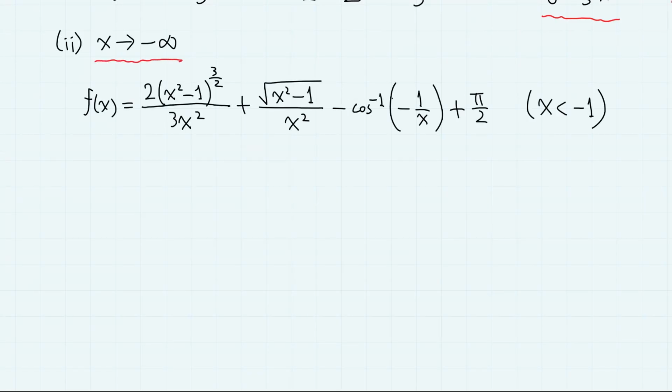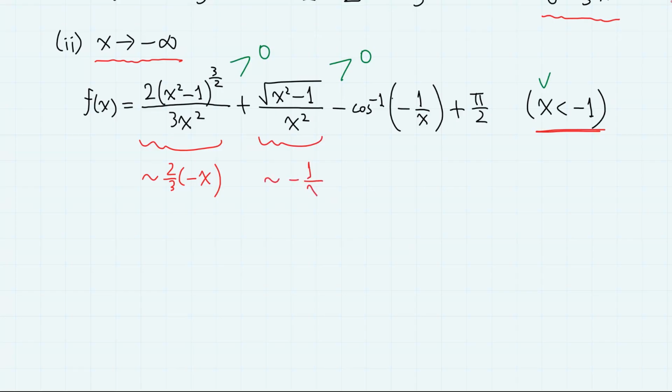At x approaching negative infinity limit, we basically do the same thing with the expression for f of x at x less than -1. But we must be careful here. We must consider the sign of x so that first two terms stay positive. That is, the approximate function is now minus x, because now minus x is the one that's positive. And similarly, this part is approximately equal to minus 1 over x, which is positive, and the inverse cosine approaches